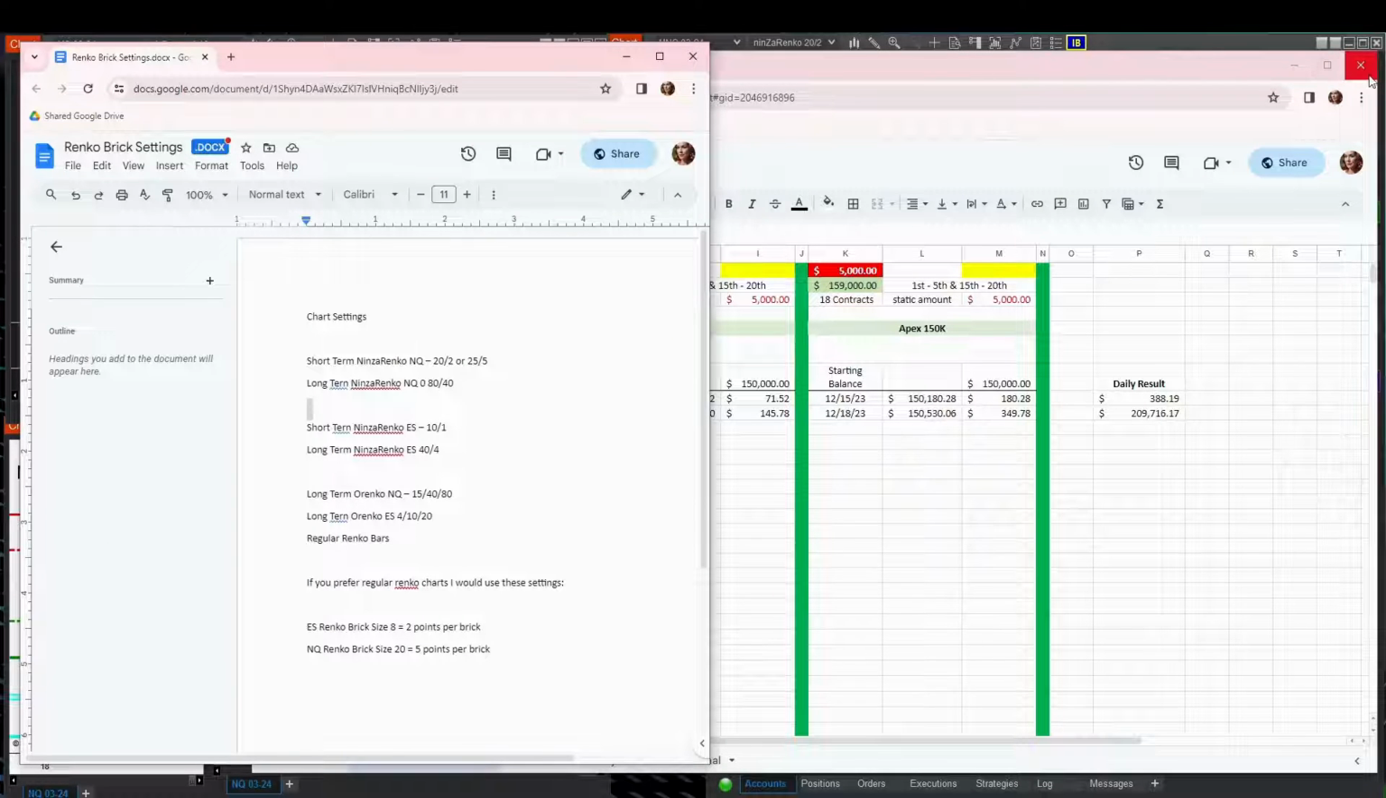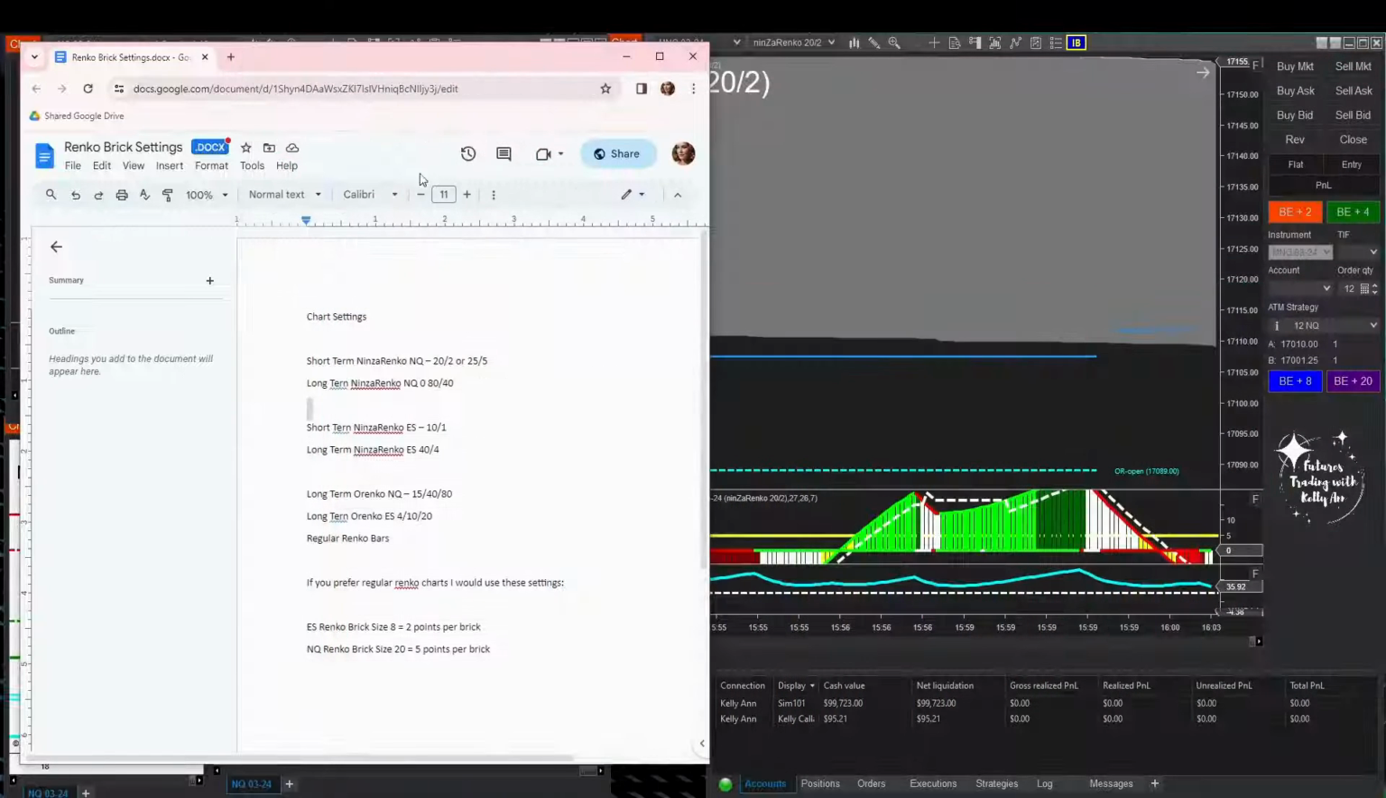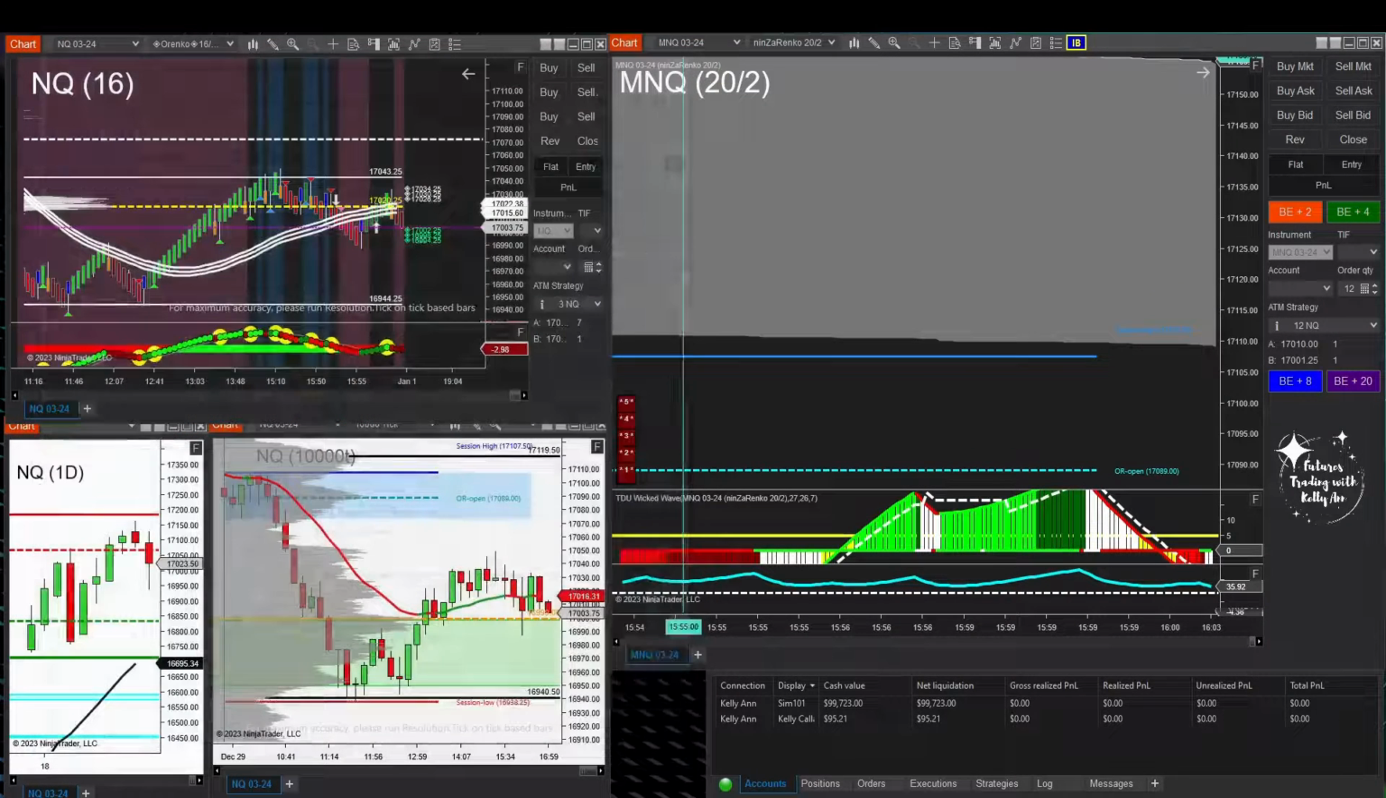So enjoy. You can use the indicators on any charts. You don't have to use them on Renkos. They're all free indicators. So if you want to put them on your own charts or make a different setup or however you want to do it,